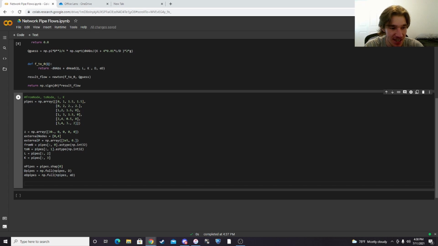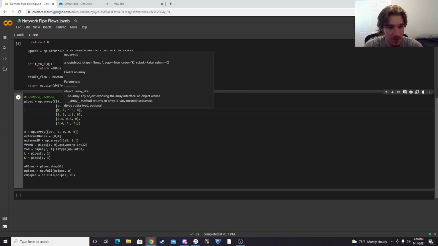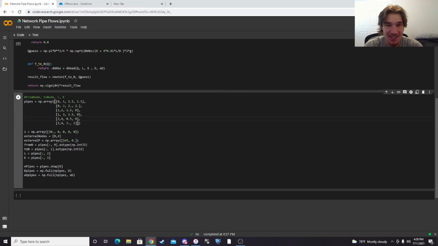If we look at this second column right here, we know that the second column will always be greater than the first column because it's from node to to node, and we determined that the from node has to be lower than the to node. So we're going to look at the second column right there. We're going to take the maximum number, and then add 1 because we start our node at 0. So n nodes is going to be equal to